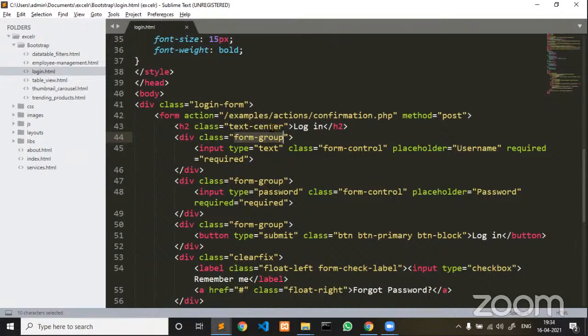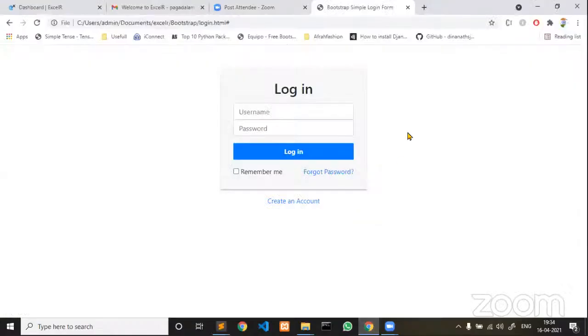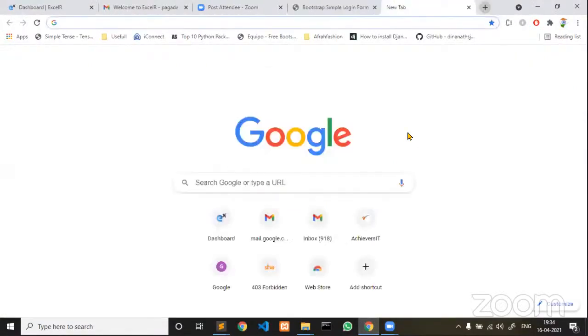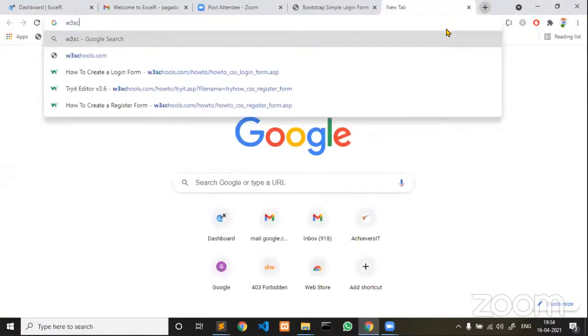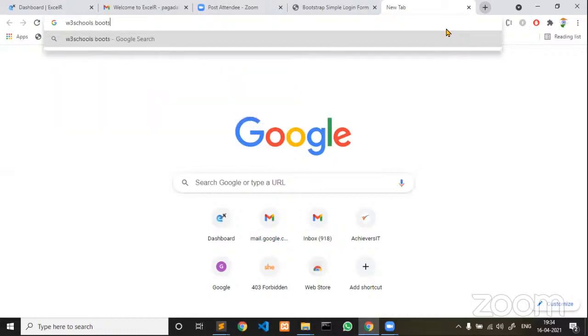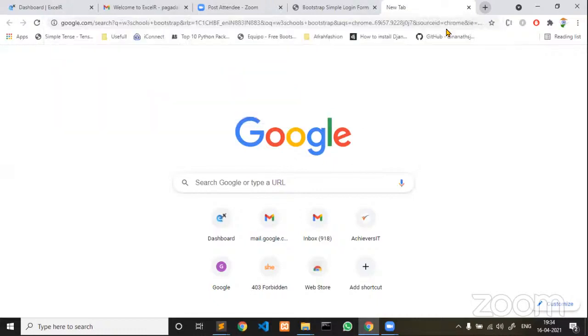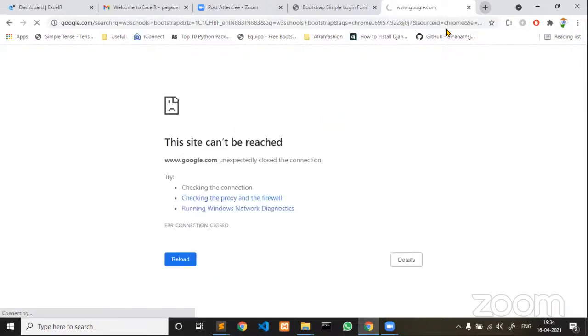Now I don't want to explain each and every class inside, since it is ready-made. You guys have to go to their documentation and read thoroughly. Guys, listen carefully. W3Schools is important, it gives you fundamental knowledge. W3Schools Bootstrap, don't even think that I am explaining about W3Schools. No. Why? Because it is a ready-made framework. You should always go back to the documentation of that framework to understand what features are there in Bootstrap.